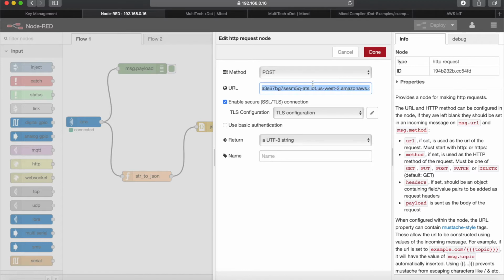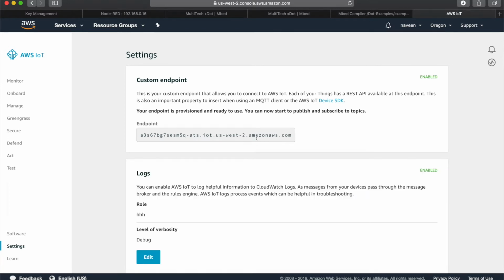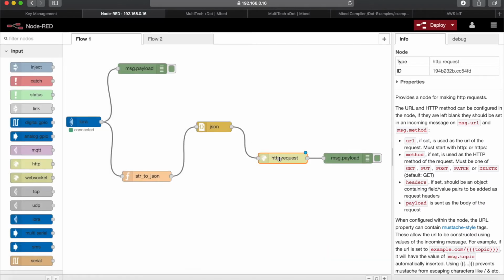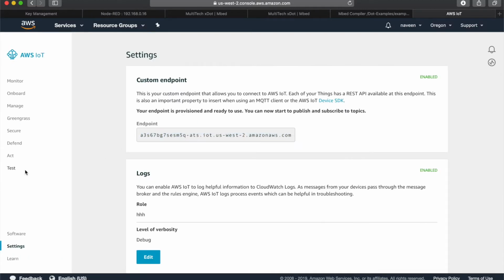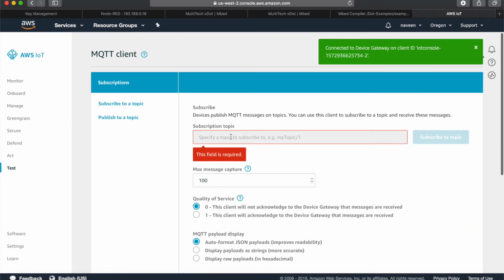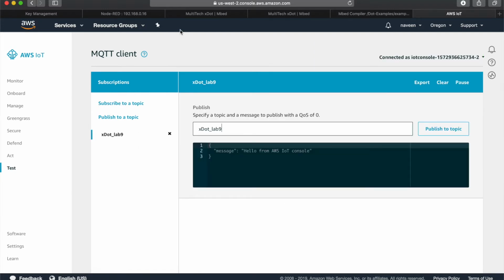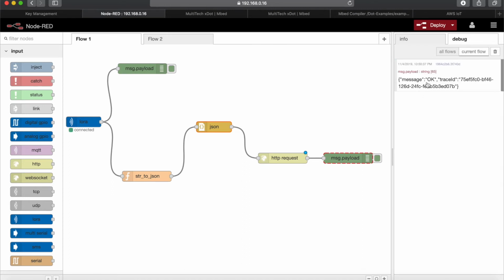And this is basically our custom endpoint of our AWS IoT dashboard, which has been mentioned here. And this is basically our HTTP request, and prior to that we convert into JSON. And if we were to deploy this topic with the QoS set to 1 and subscribe to the topic, and subsequently clear the debug messages, we